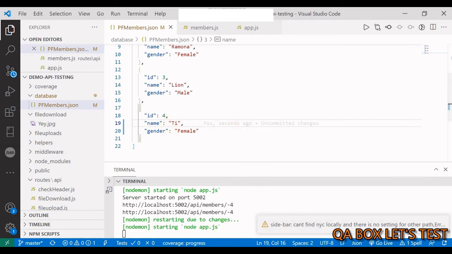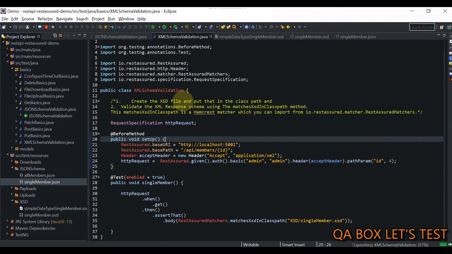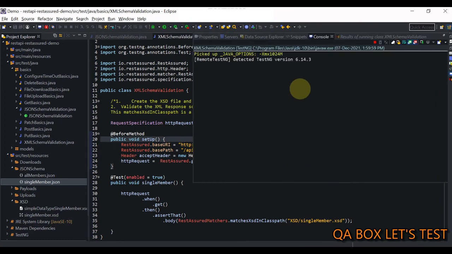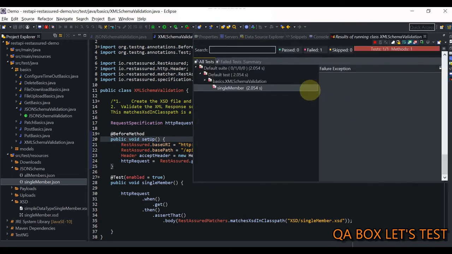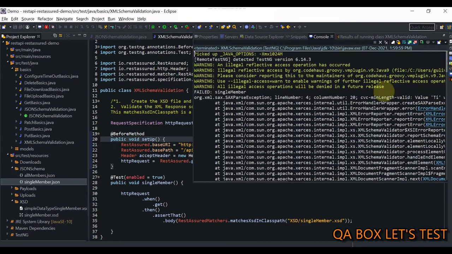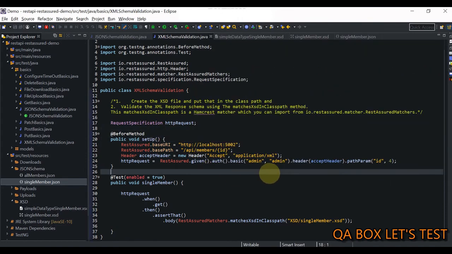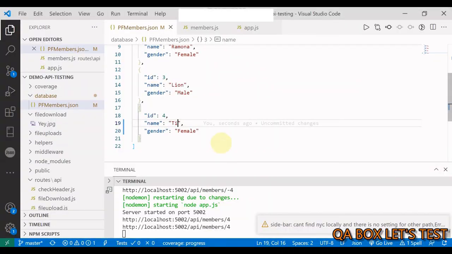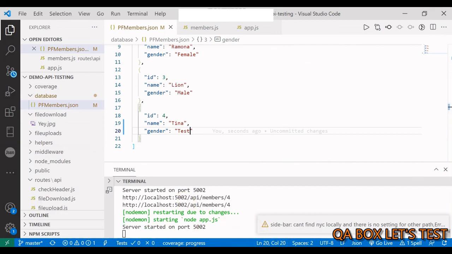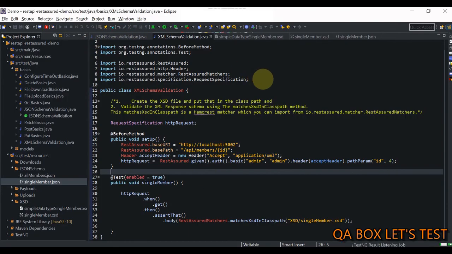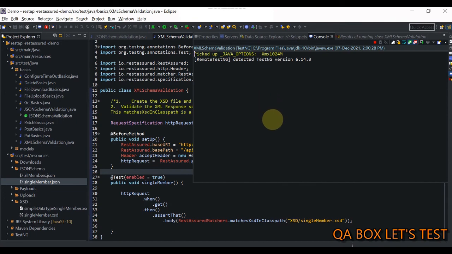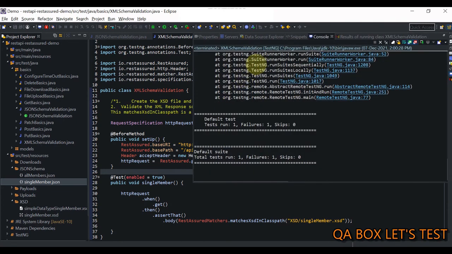Now my XML schema definition will come into the picture and fail this. The reason would be very clear in the exception itself, that it does not abide by the schema definition requirement. As you could see, the minimum length this is equal to 2, which is not equal to 4. Makes sense. And the last one is the gender. Let me change it back to Tina, and in here I say test. I save it, so the server is restarted. If I execute my thing again it will fail because test does not fit into the pattern we have specified. The pattern is that it only accepts male and female.